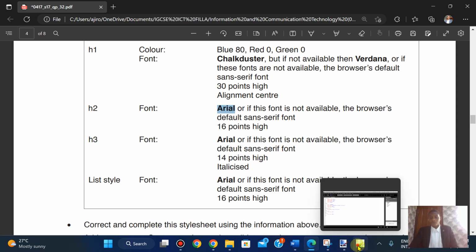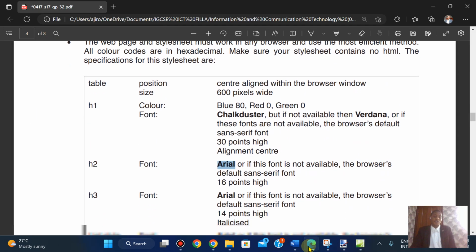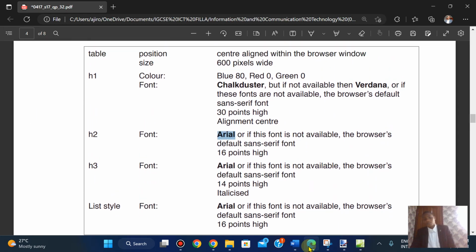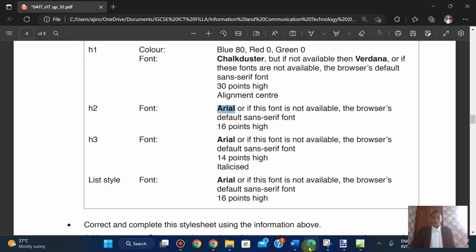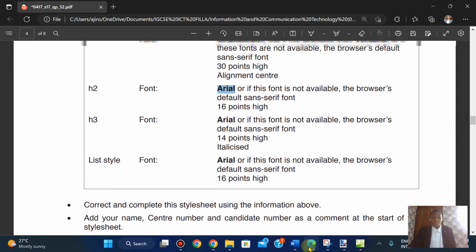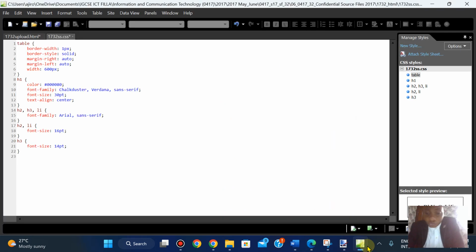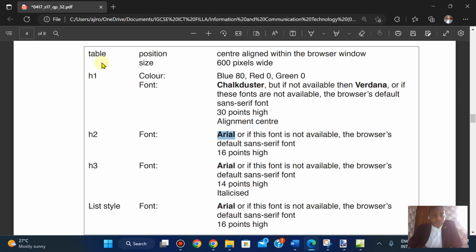Okay, so we've been able to do this. I think this has always been a tricky part in the exam. Your ability to understand all this is actually very, very key. Correct and complete the style using the information above, and that's what we've done. So we can just go through again. It's important to always go through it. So for the table, we have